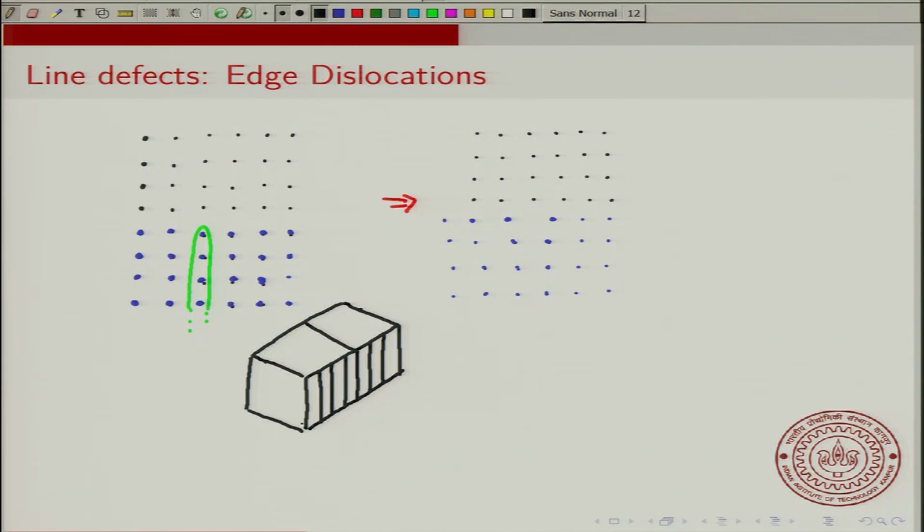So I am just showing part of the piece of the crystal. Okay. So this is a piece of a crystal, and this is the perfect part of the crystal, and what I imagine is that below I have the piece of the crystal where I removed one plane of atoms here, one whole plane of atoms in the crystal, and then after rejoining, okay, so what it looks like is